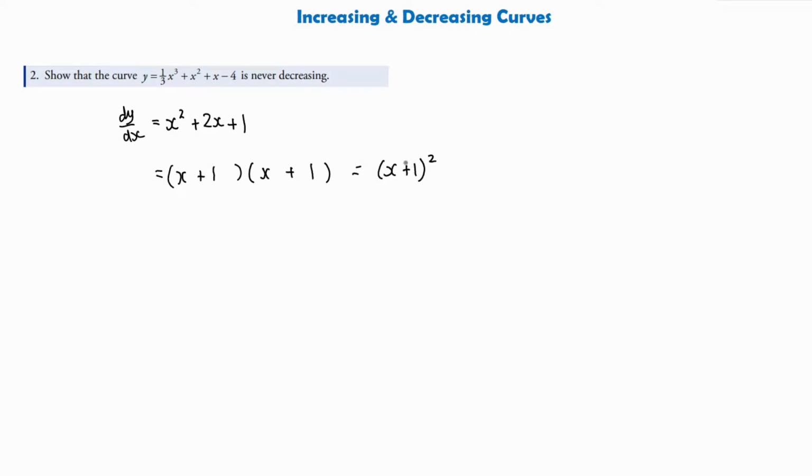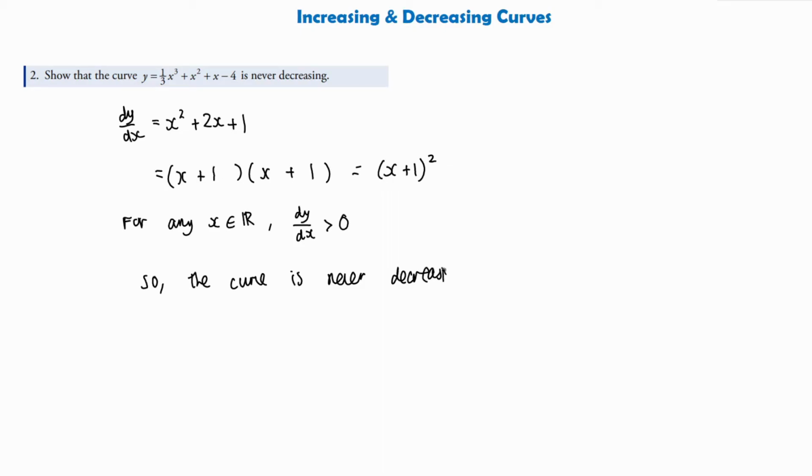And we know that any number squared is always going to give us a positive value, even for negative values. So even if x were, say, negative 3, we would get minus 2. Minus 2 squared is just 4. So we know that for any value of x, the derivative will always be positive. So we can do a little notation if we want. We can say for any x in the real numbers, the derivative dy by dx will always be greater than 0. So the curve is never